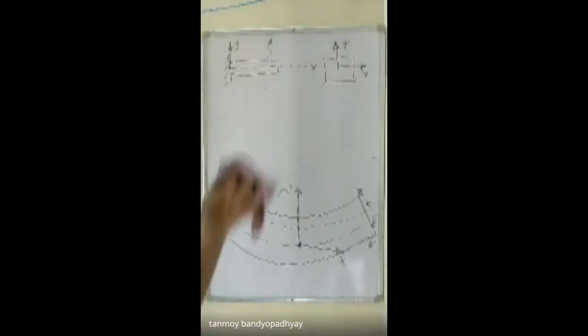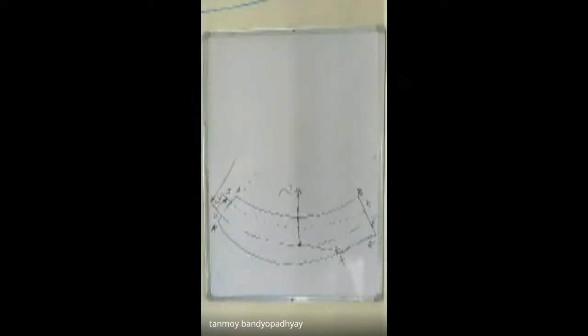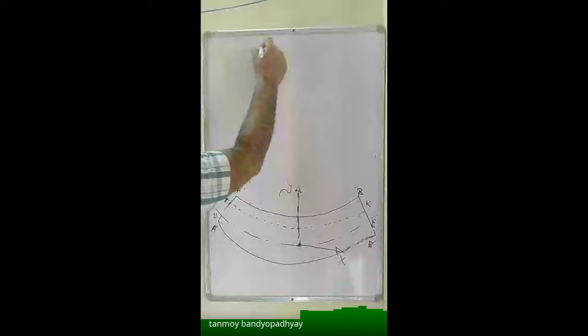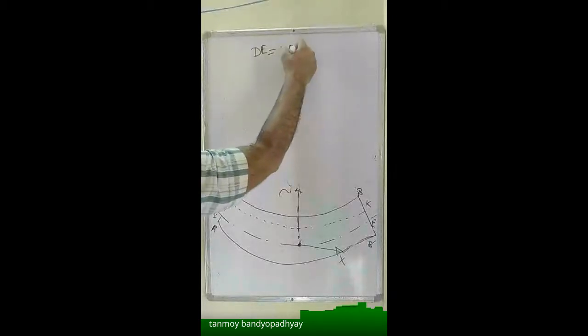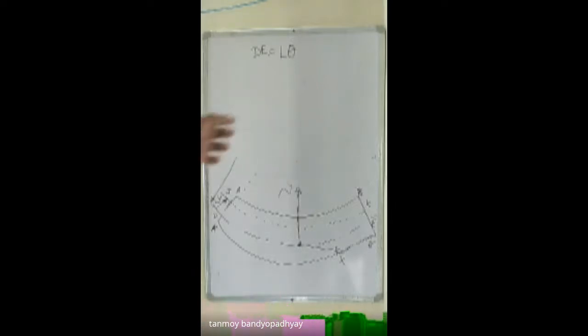What we have discussed about the neutral axis is that it is where there is no change in length. So that is why I can write down DE will be equal to L into theta. Since theta is very small, generally in bending, a beam doesn't bend so much that theta may be very high. The theta may be of the order of say 2 or 3 degrees. So always we can consider that to be R theta.